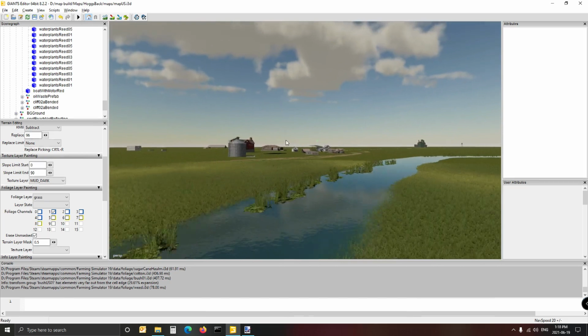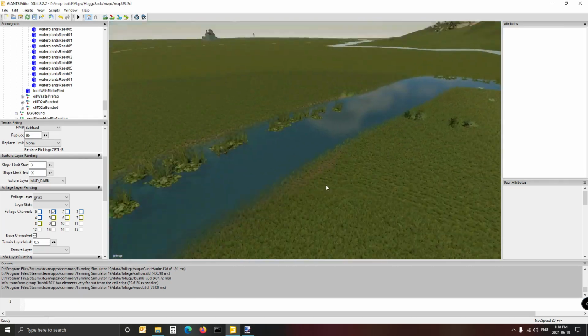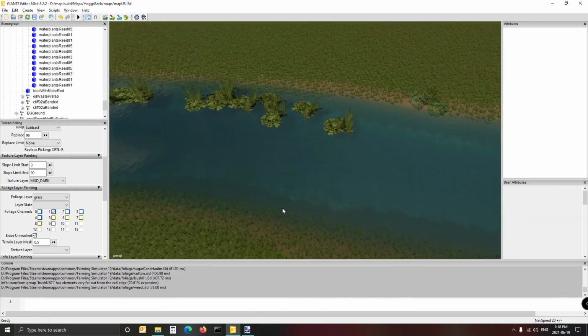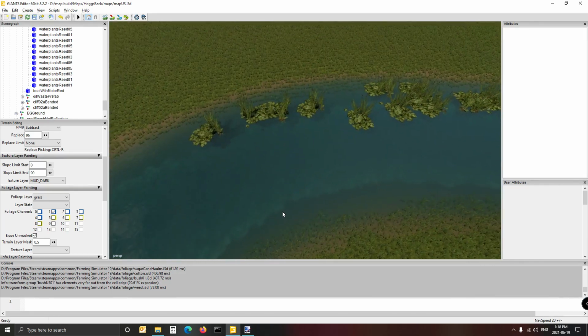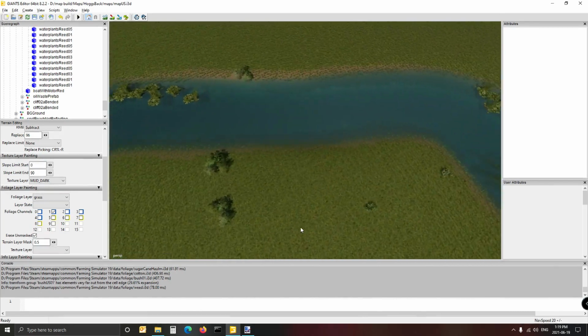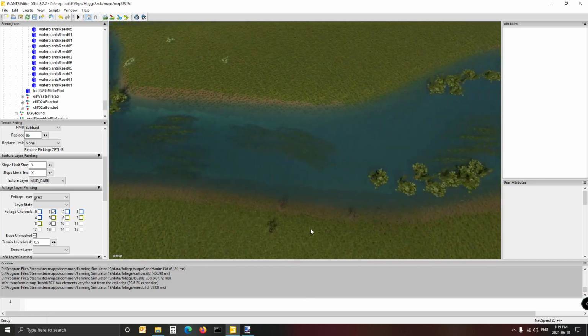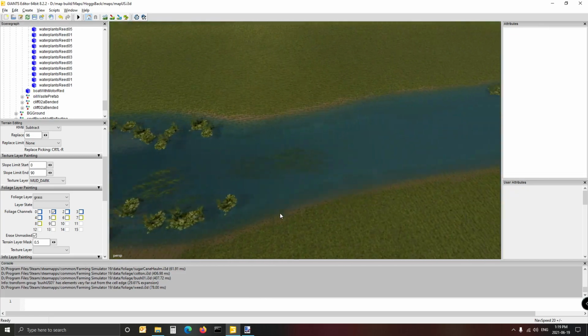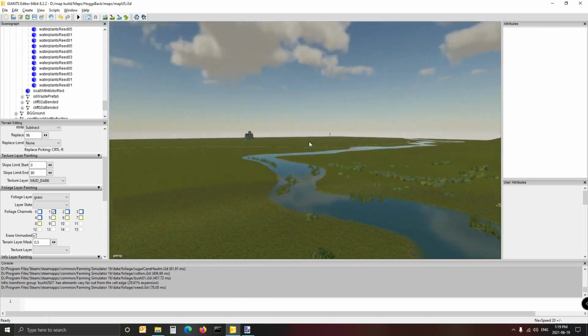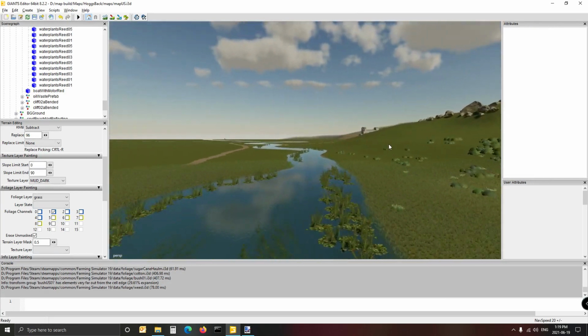Yeah, and this is basically what the river now looks like, with all the little pads or little reeds growing, as well as the grasses, which is, if you look at that, all the little grasses is growing there in the water as well. And the water is going down that way, which is nice. Great. So once you've done all that,